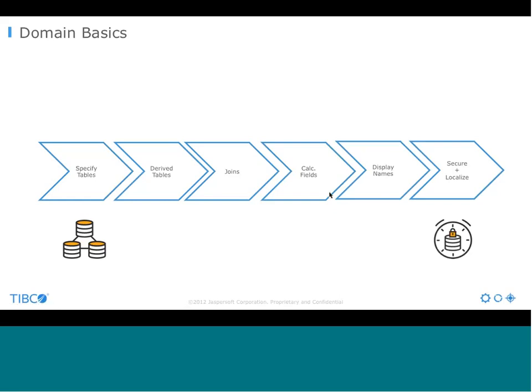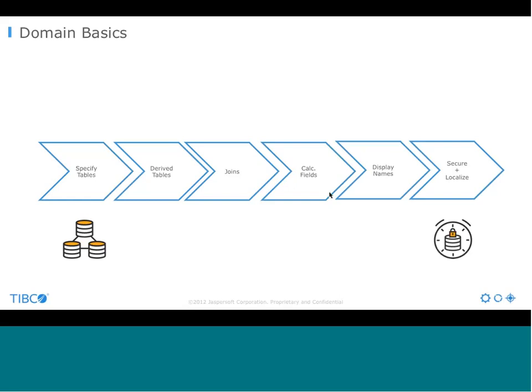So maybe from one table we've got cost, and from another table we have sale price, and we want to calculate profit. So we want to subtract those two fields. There's also display names. In the database, maybe the field is called something very cryptic, as they usually are, but then end users want to understand what that is and see a description,